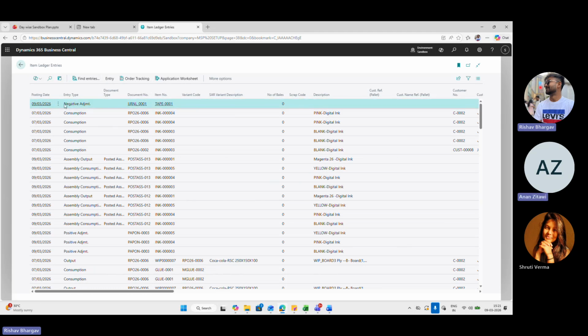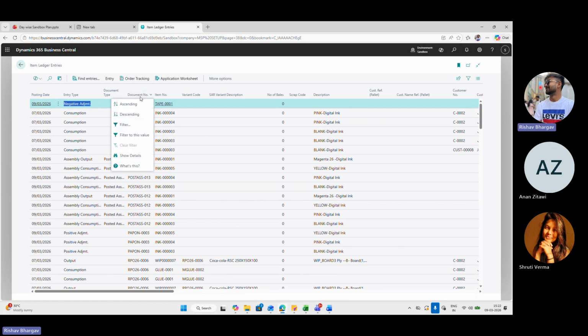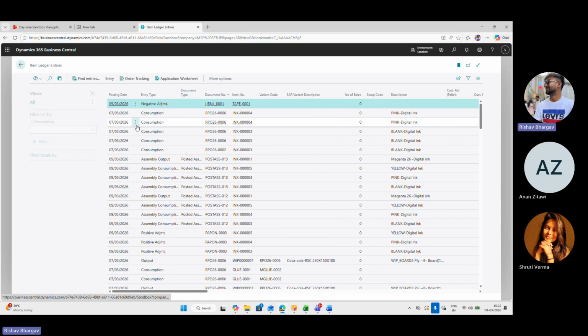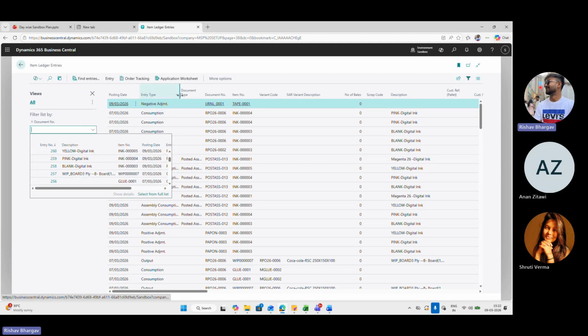In this ledger, how can I filter them by journal or number series? Just apply a filter on the document number by right-clicking. Which document do you want to filter on?